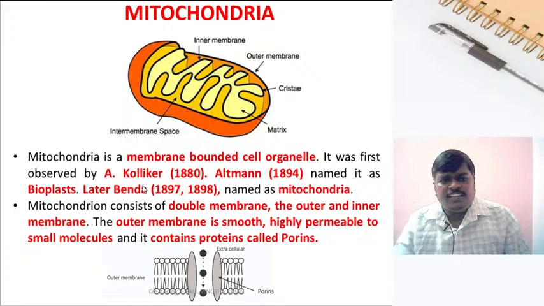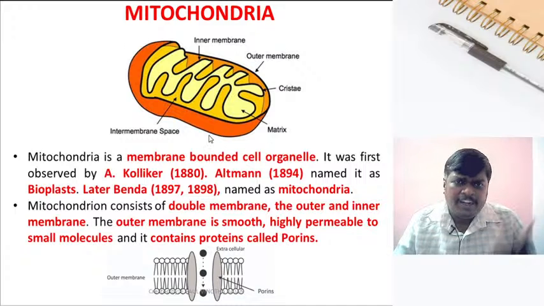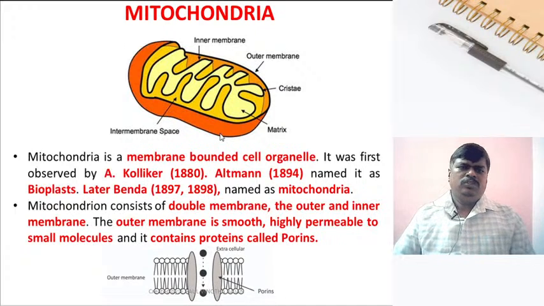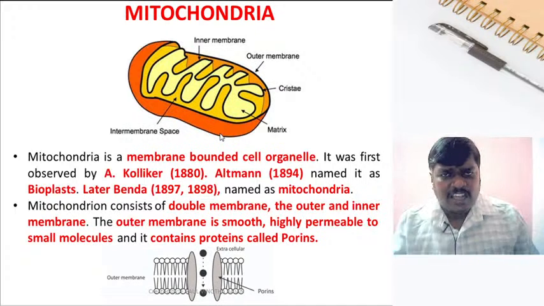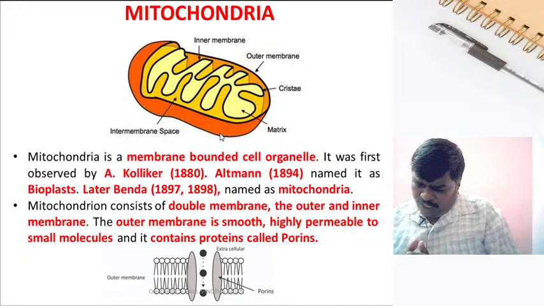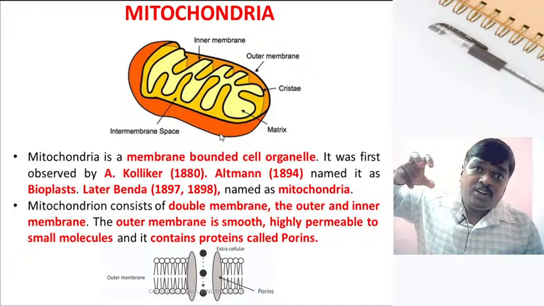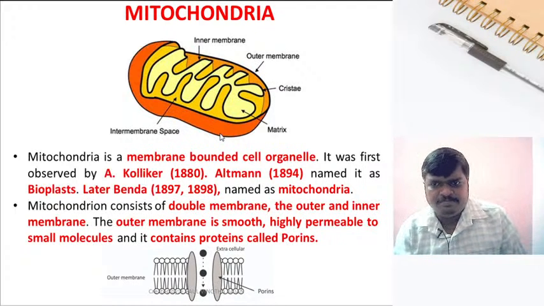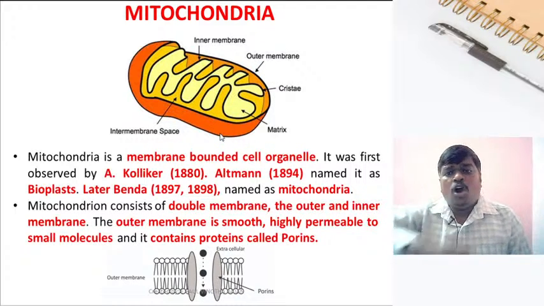And mitochondria, as I mentioned, has two membranes, the outer membrane and inner membrane. The inner membrane has inner foldings. Lots of inner foldings are there. These inner foldings are mainly to increase the surface area for respiration. And also the outer membrane,